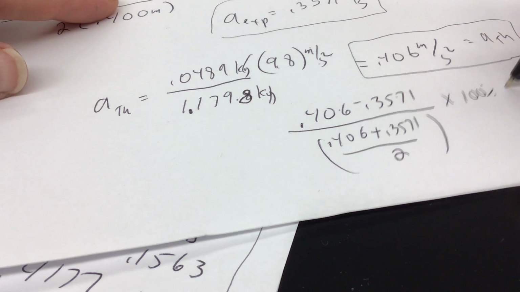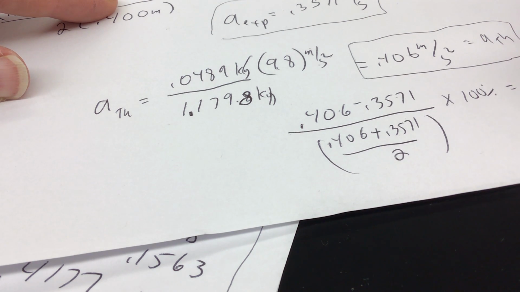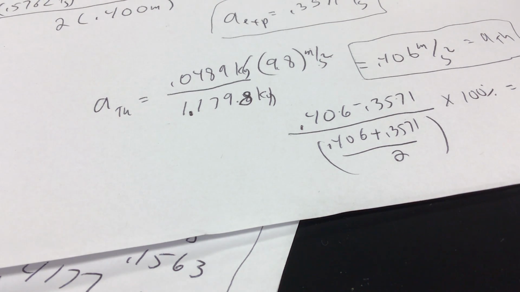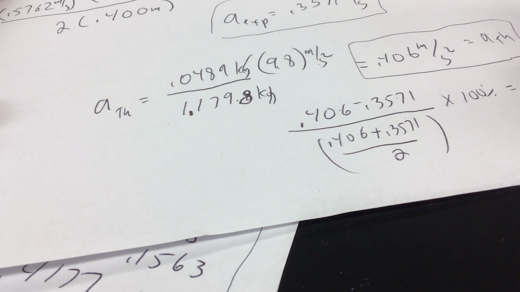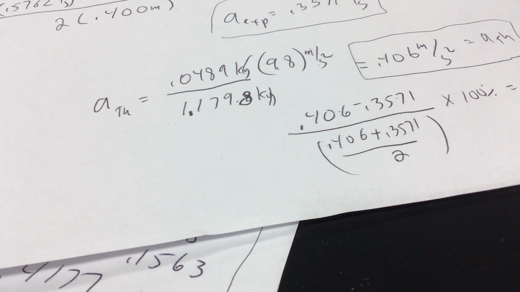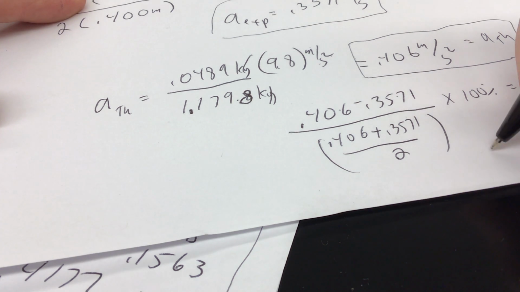So I got 0.0489 for the top, and the average was 0.406 plus 0.3571 divided by 2. So 0.38155, then you can get it multiplied by 100%. So again, you guys probably can do it all in one on your calculator, but just make sure you put parentheses in, and then multiply it by 100. So it looks like I got around 12.8%